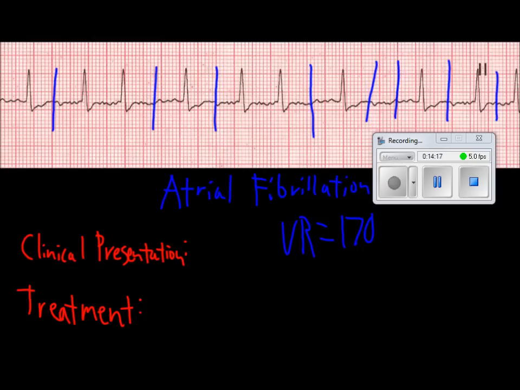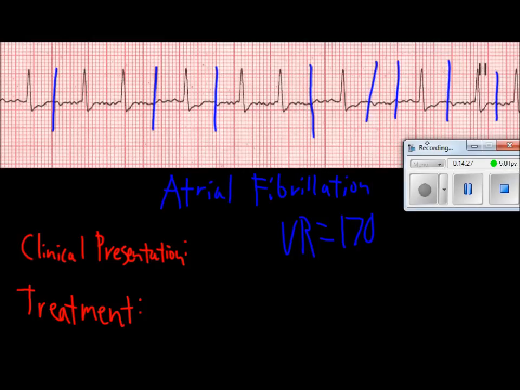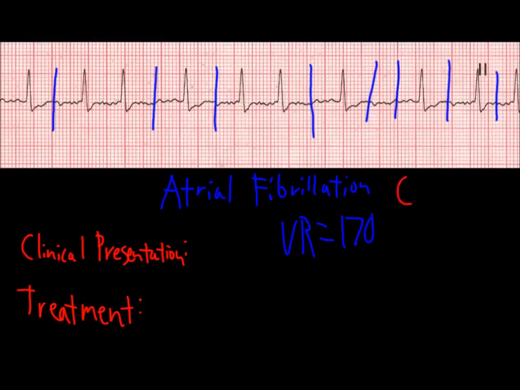So let's do some math here. Let's go back to our cardiac output formula, which we should remember: cardiac output equals stroke volume times heart rate. Let me go ahead and move my device here. CO equals stroke volume times heart rate. So if my heart rate is 170,